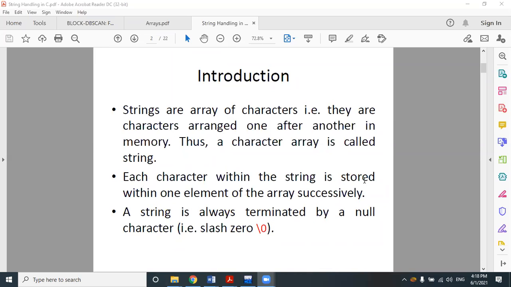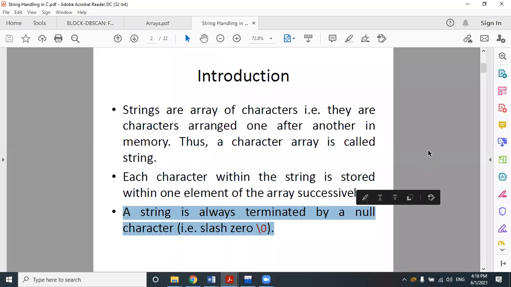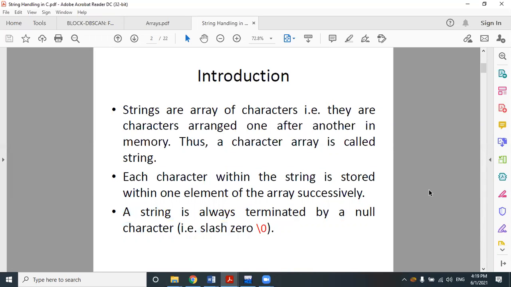Each character within a string is stored in one element of the array successively. This is also a very important line: a string is always terminated by a null character, also known as a delimiter, which is represented as backslash zero. Every string must end with a backslash zero.